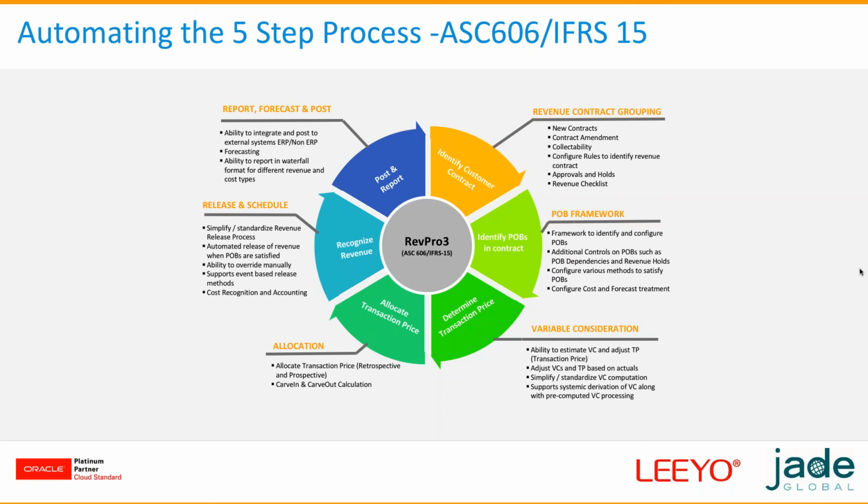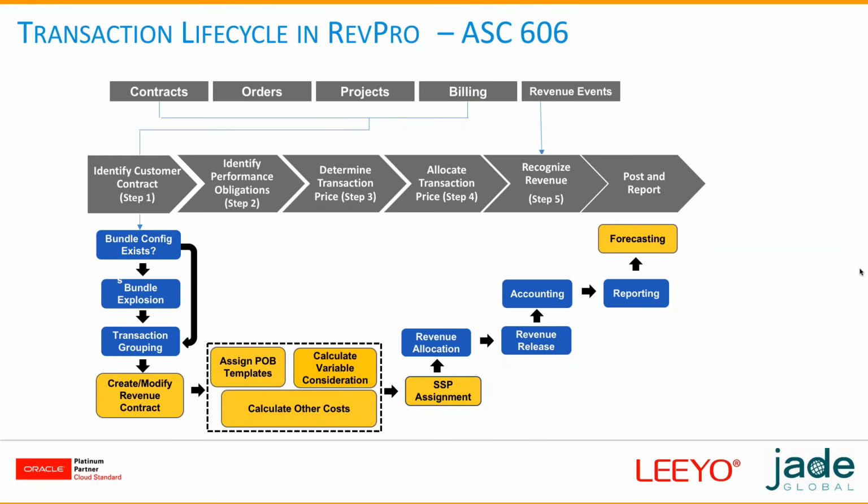Again, I wanted to walk you through a very high-level transaction lifecycle, what happens in RevPro. As you see in the bundle configuration, we also capture the BOM configurations within RevPro so that you can have your parent line exploded into child lines and allocate within them. Once the bundle explosion is done, we perform a transaction grouping. Then we identify which revenue contract it is supposed to be associated with, assign your performance obligation rules, and then calculate your other costs along with your standard cost if applicable. Then apply your SSP, do your revenue allocation, release your revenue, and look at your accounting